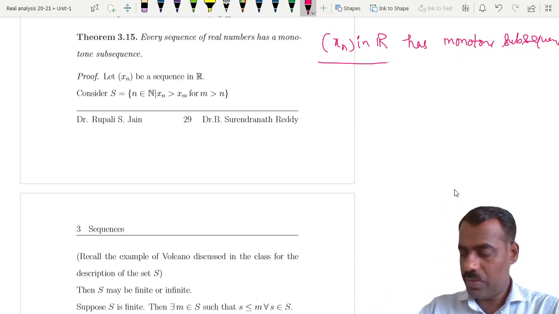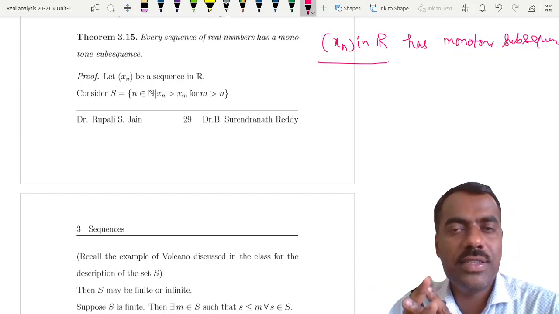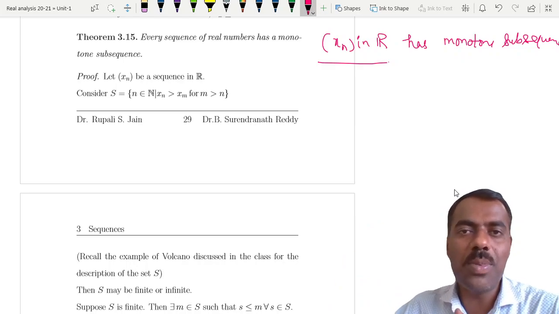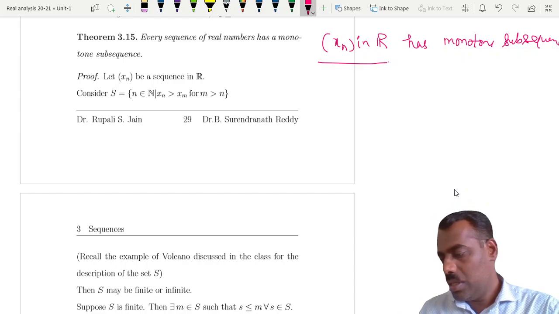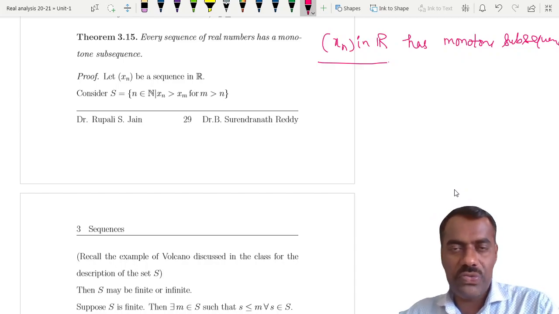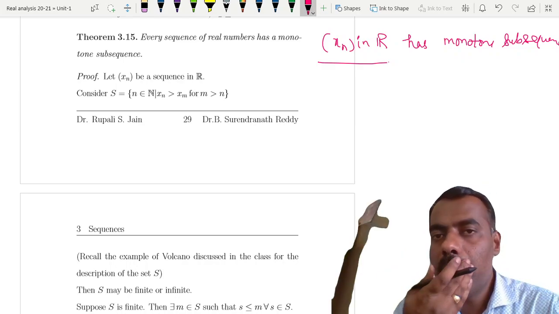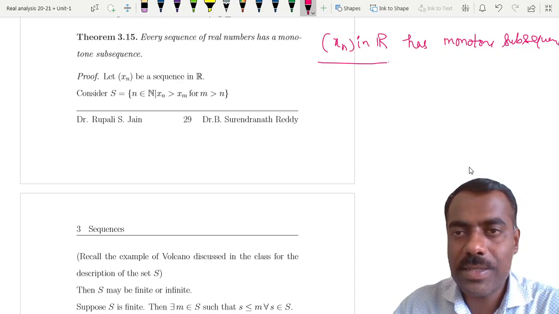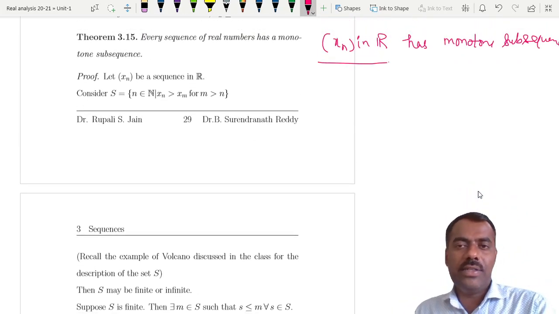Many times dealing with a monotone sequence has an advantage, because we know that a monotone sequence, once it is bounded, converges. Of course, not every sequence is monotone, but every sequence has a monotone subsequence. How we will do this, I would like to explain with an example